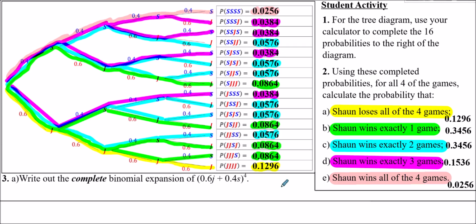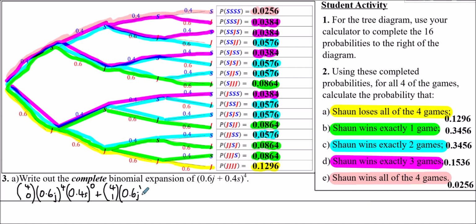So, next up, Part 3a. We're asked to write out the complete binomial expansion of (0.6j + 0.4s) to the power 4. And so this is going to be, we start with 4 choose 0, 0.6j to the power 4, and 0.4s is going to be to the power 0. Now this 0 is going to increase by 1 each time, so the next one is going to be 4 choose 1,